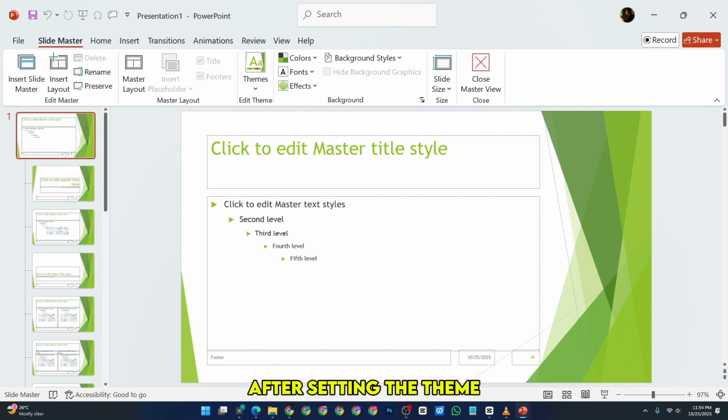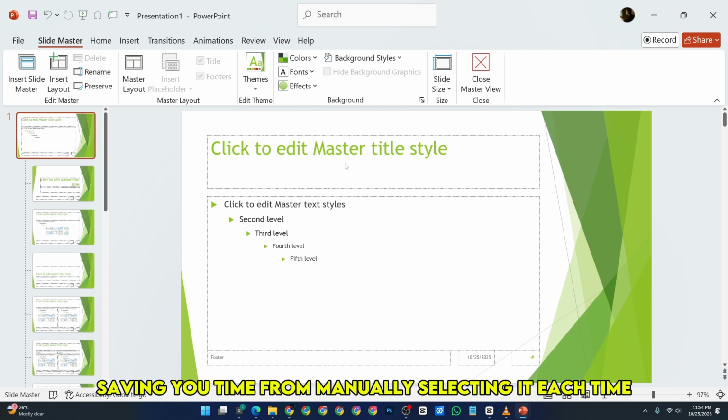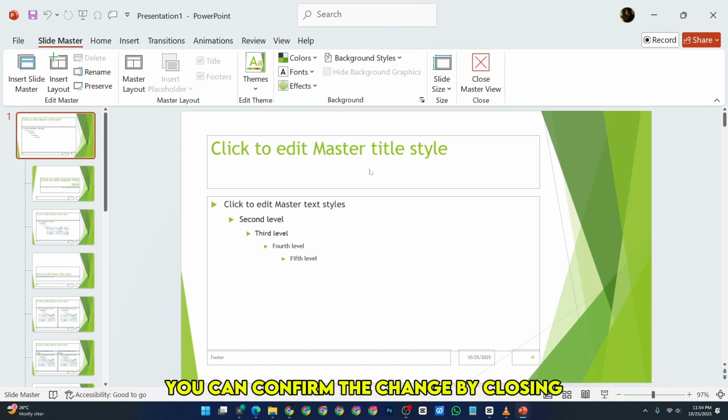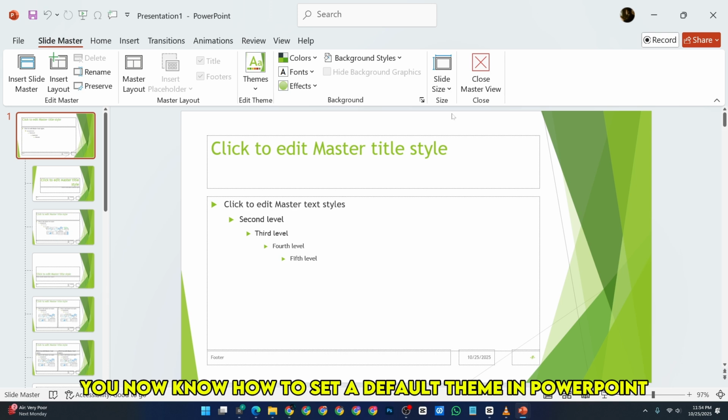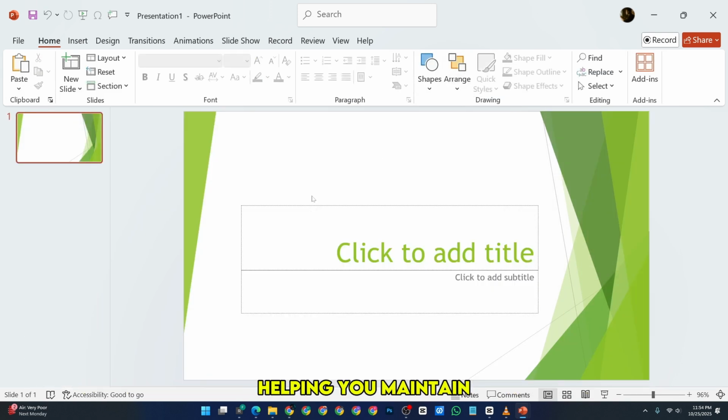After setting the theme, PowerPoint will use it as the default for future presentations, saving you time from manually selecting it each time. You can confirm the change by closing and reopening PowerPoint to ensure your new default theme is applied. And that's it. You now know how to set a default theme in PowerPoint, helping you maintain consistent and